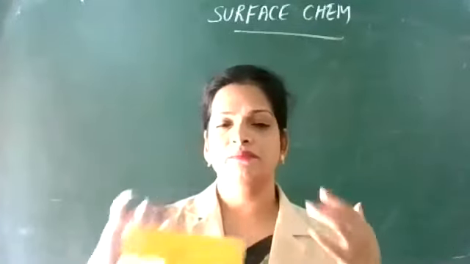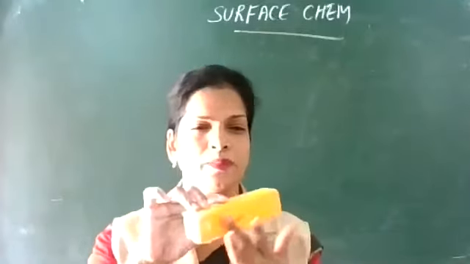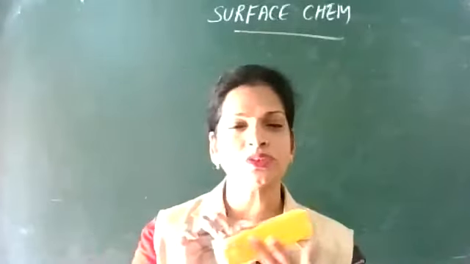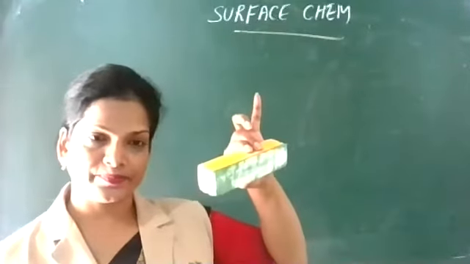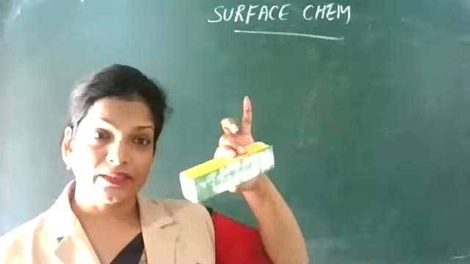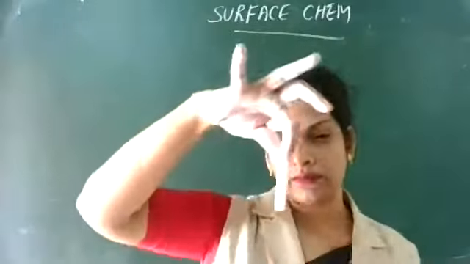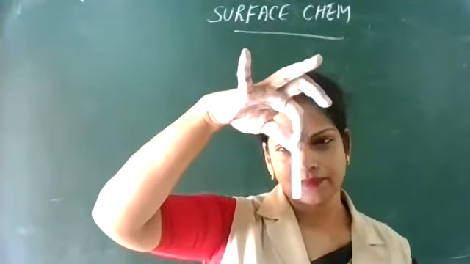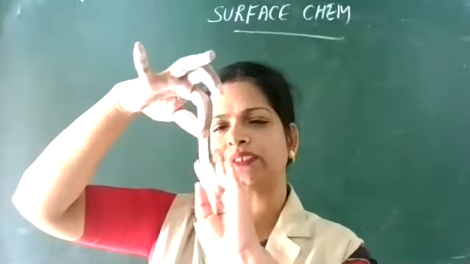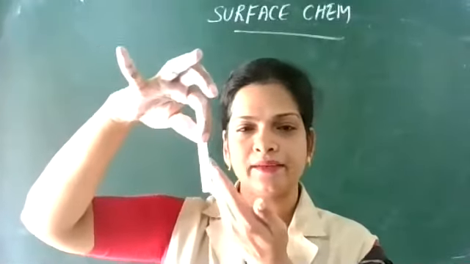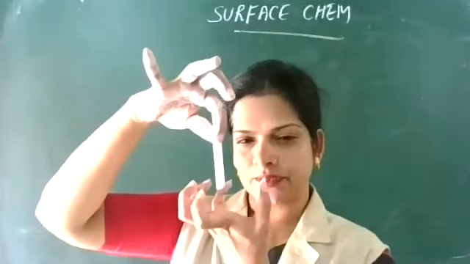But this one is a smooth surface. Chalk powder won't get attached to a smooth surface easily. Here chalk powder is accumulated. This is a surface phenomenon. If you dip this chalk in red ink, this outer surface gets coated with red color. Red color sticks to this outer surface.